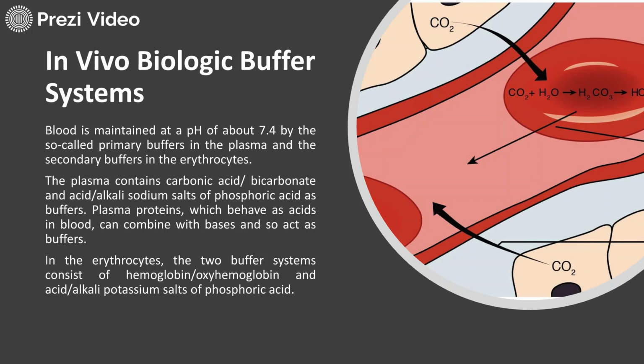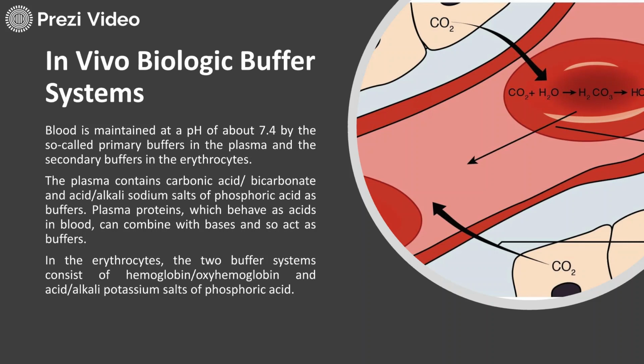When we talk about blood as a buffer system, the average pH of human blood is about 7.4. Any change larger than 0.1 pH unit in either direction can cause illness. You will be amazed to know that the body can't tolerate a pH below 6.8 or above 8. If on the acidic side it goes below 6.8, it is not good for our health, and if it exceeds 8, the person can go into a coma.